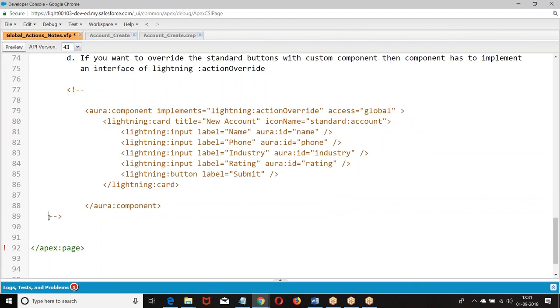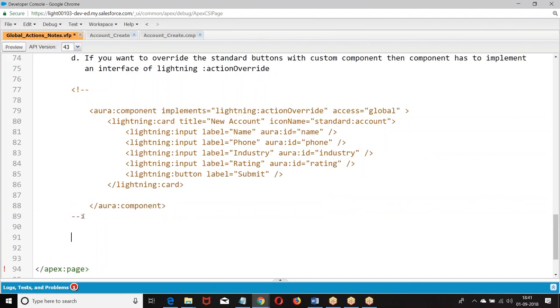Then how do you do that? Click on the tab.